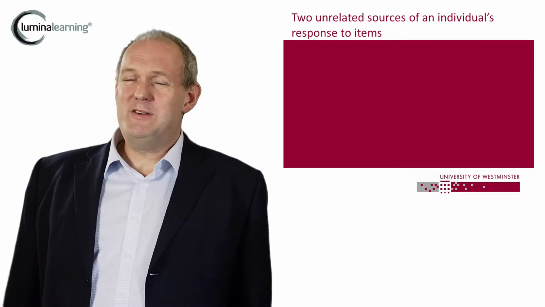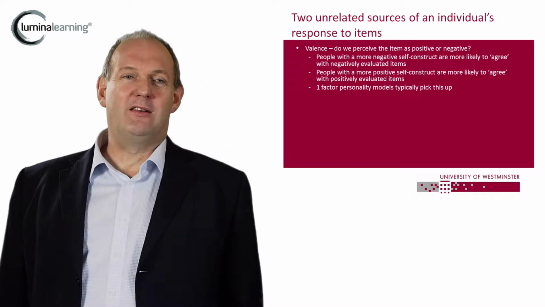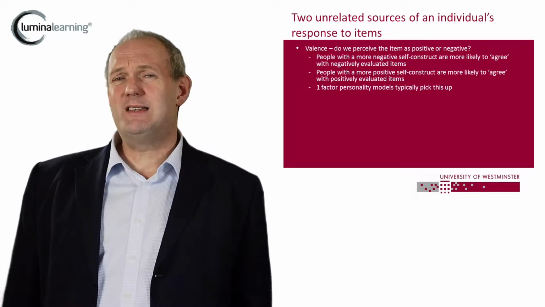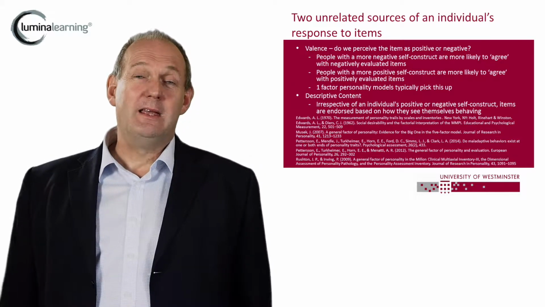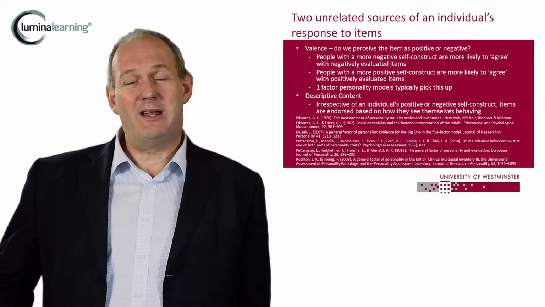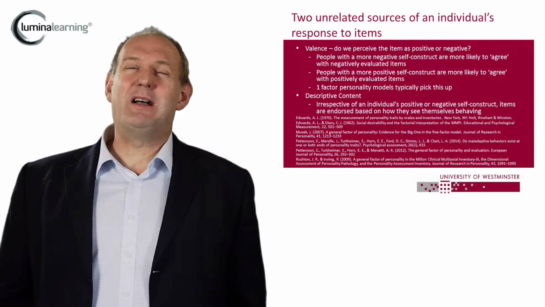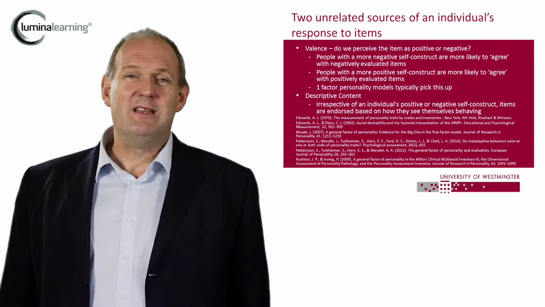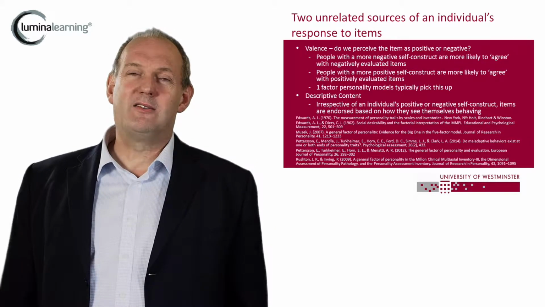So why are we interested in breaking things out into the three personas? Well, the first thing is this idea of valence. Do we perceive an item as positive or negative? And contrasting that with the descriptive content of an item. So let me give you an example. It could be that for an extroverted item, I'm cheerful and upbeat, if I have a very positive valence and I'm extroverted, I'm much more likely to strongly agree with it. But if I'm extroverted but I don't always see myself so positively, I might not strongly agree, I might just agree. So there's an idea here that the valence has an impact based on the actual nature of the item.